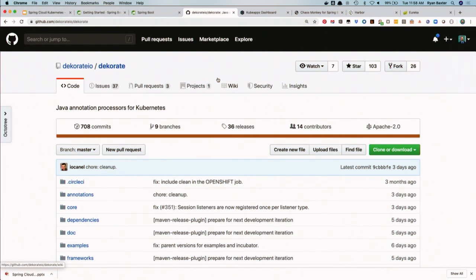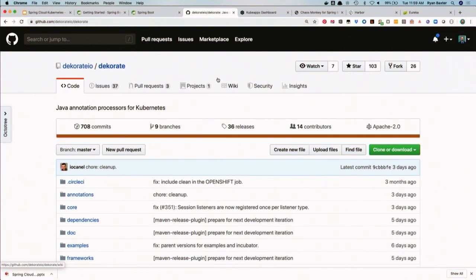This is specifically for Java apps, and they have some nice integration with Spring Boot. So it inspects things like your application.properties, the POM file. Look at everyone get out their cameras and take a picture of this. It's really cool. I really like it. So it inspects those things, and it will automatically generate the YAML for you for the most part, right? And you can tweak things if it doesn't generate exactly the way you want. But it integrates as part of your Maven build. So when you run Maven clean package or install or whatever, when you run that goal, it will automatically create this YAML file for you.